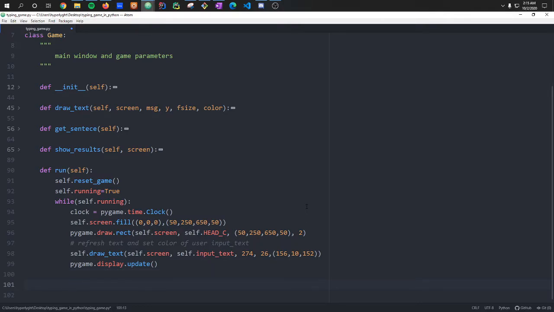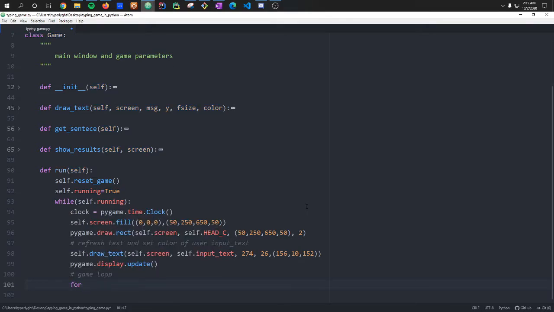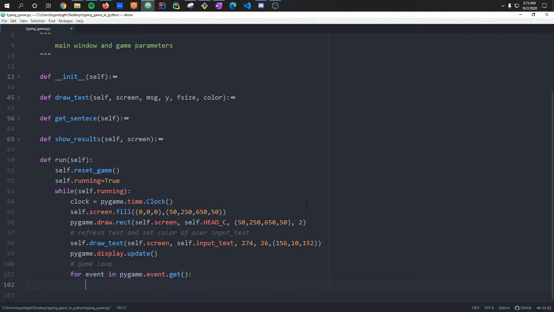Okay, now here's where we get to our game loop, right? So let me type that in. Game loop. So for event, which is arbitrary, you can name it whatever you want, in pygame.event.get. So it checks for what event is currently going on, almost kind of like a switch statement. So if event.type equals pygame.QUIT,